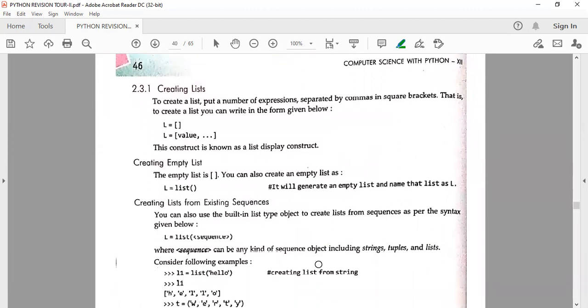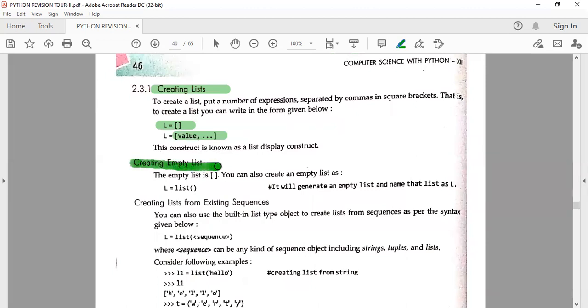List. The very first thing is how to create a list. A list is created by square brackets. Just see here, this is an empty list. If I want to put any expression in it, we can put any expression with commas in between. Whether it has integers or numbers, whatever it is, the values are separated into different parts with the help of commas.